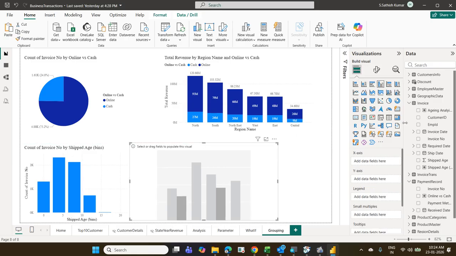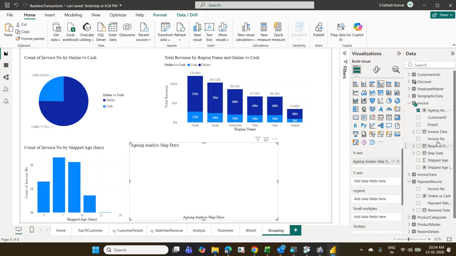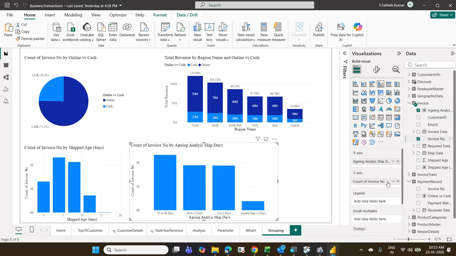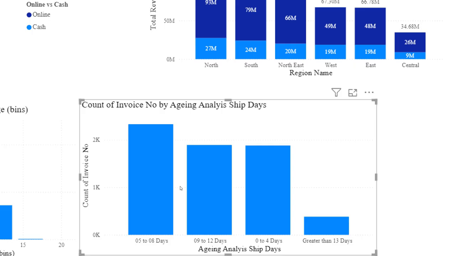5 to 8 days first, because that is my highest. We will sort it. 0 to 5 days, what is the count of invoice number? 9 to 12, 0 to 4, greater than 4, greater than 30. But I want to order this. Actually, I want 0 to 4 to come first. So go to the three dots,